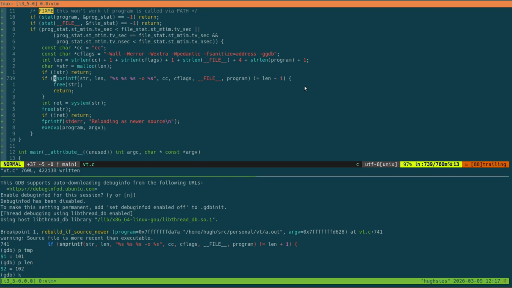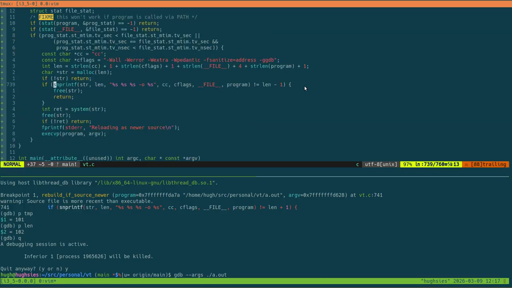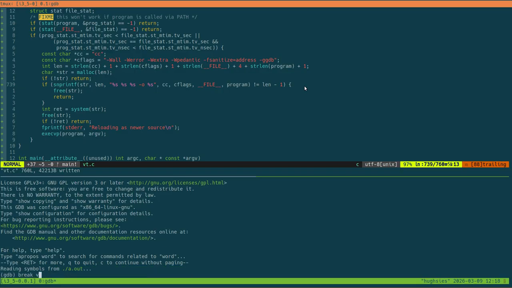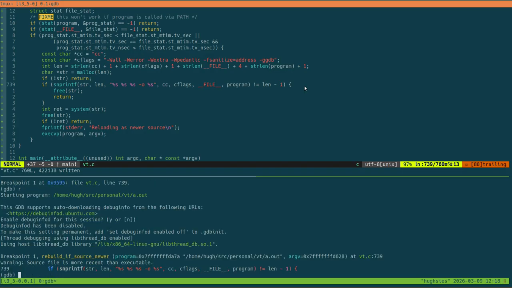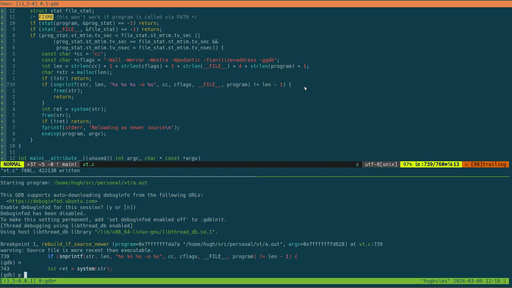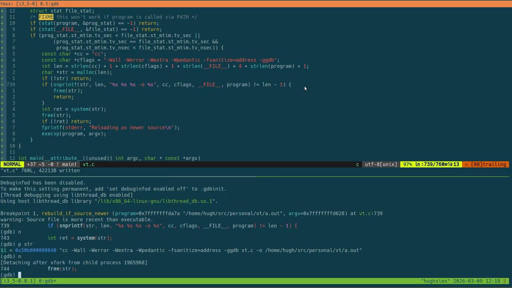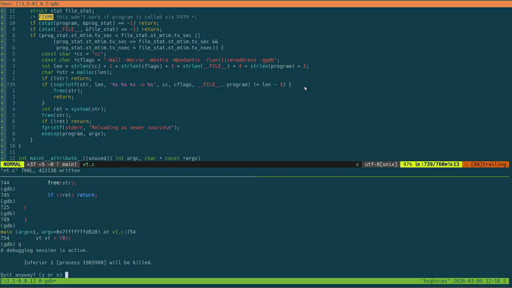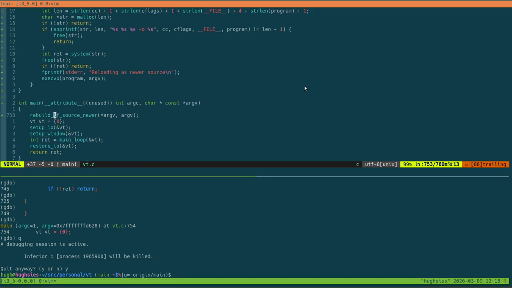Right, so now if we go back to 739, break VT.c 739. So if we run that to there, now we should have the whole thing printed out. Cool. So now that should do some things. Cool. So now what we can do to test this, we can just go like, I don't know,